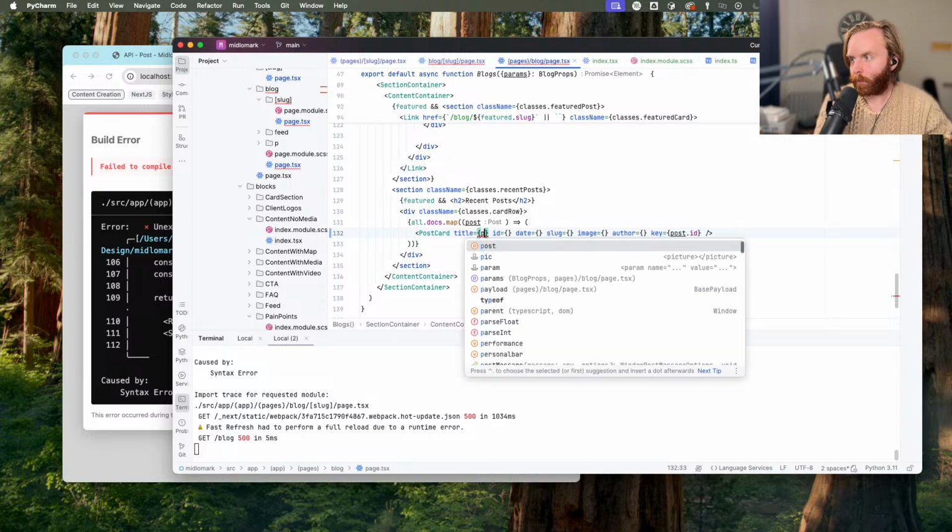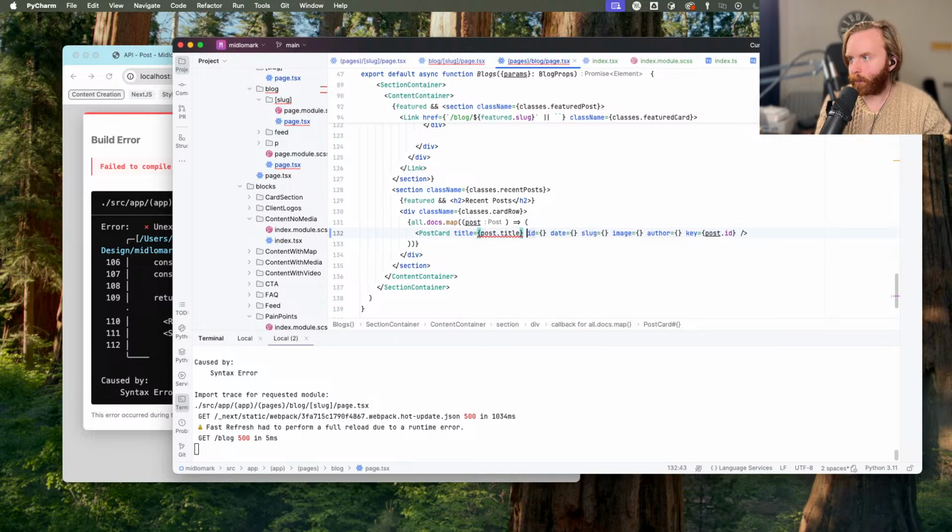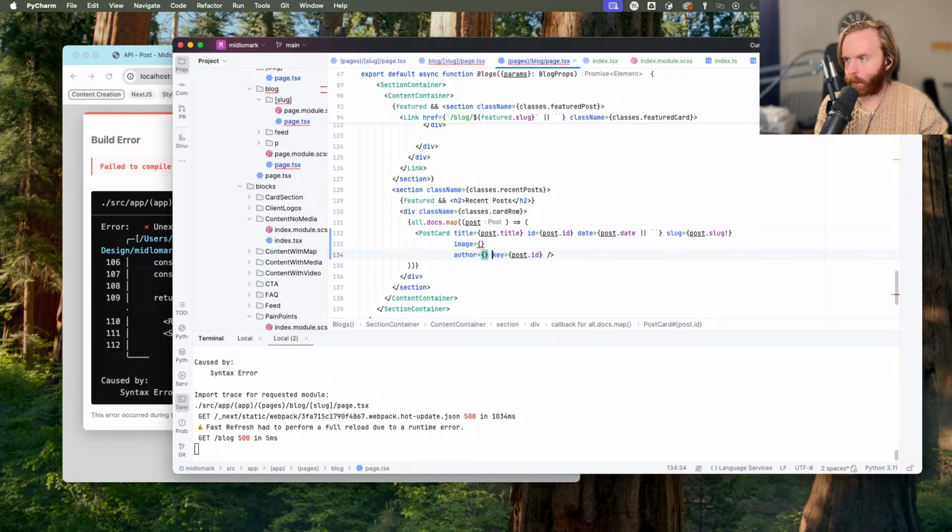Then we've got post title, again post.id, should be post.date or an empty string. Then we've got post.slug, which should be non-null, which is what that type assertion is there for. Let's go ahead and get this down to a lower level so we can see again. All right, then we've got post.image,